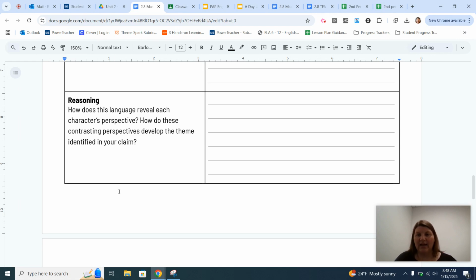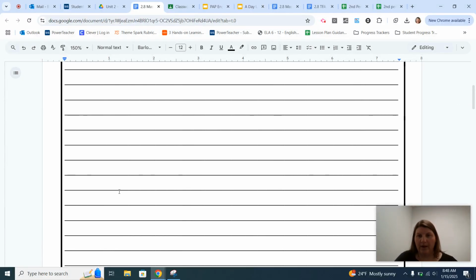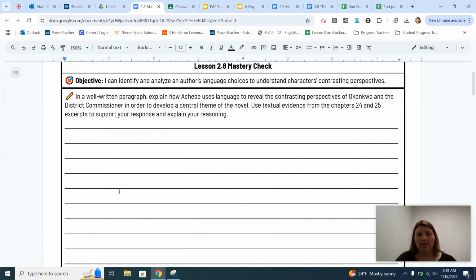Then once you have these ideas together, you're going to flip your paper over and draft your response. And it might make the most sense to go in claim, evidence, reasoning order. It might make more sense to start with your evidence. Do whatever makes more sense for the purpose of your task.